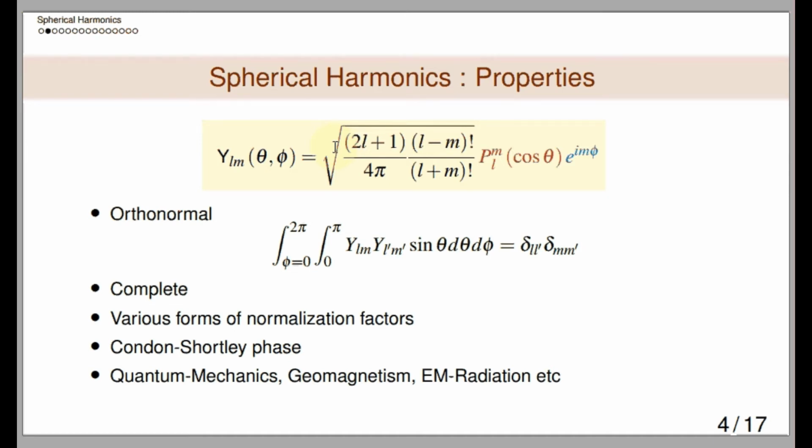And these spherical harmonic functions show themselves in every field where you are dealing with spherical geometry, say in quantum mechanics or electromagnetic radiation or in geomagnetism, etc. Especially in geomagnetism, the Earth's magnetic field is actually represented as a sum of spherical harmonic functions. Of course, mostly it is of dipolar nature, but still you will have higher order terms representing the magnetic field and its variations over the Earth's surface at any orbit.